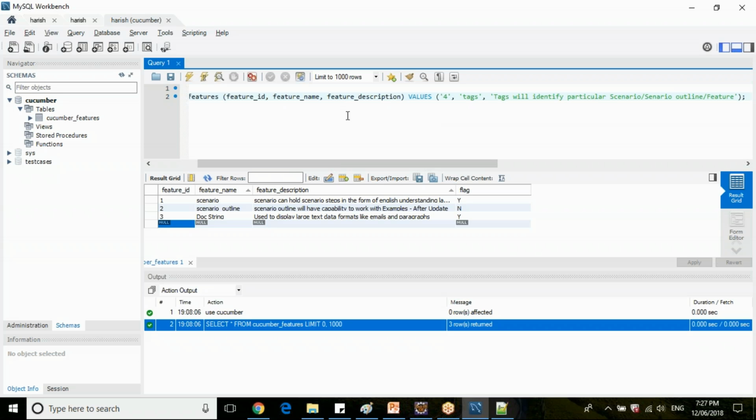Clear? So tags is one of the things where we give annotations in a feature file to identify a particular scenario outline and feature. Good, Ninath.